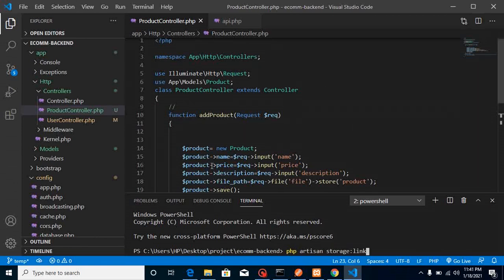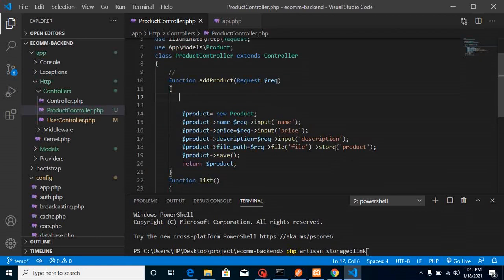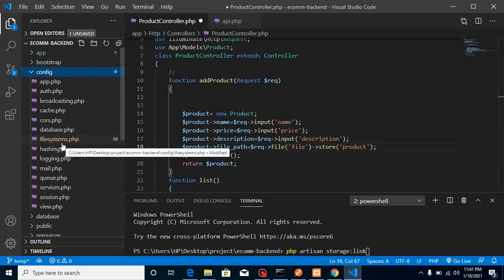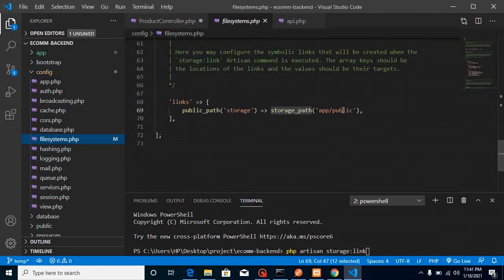But before that, as you know, we are storing our images in a products folder, right? So we must change the configuration. For that, just go inside the config folder, filesystems, and let's put here the products folder, and the public path also let's change to products. Now we can run it,